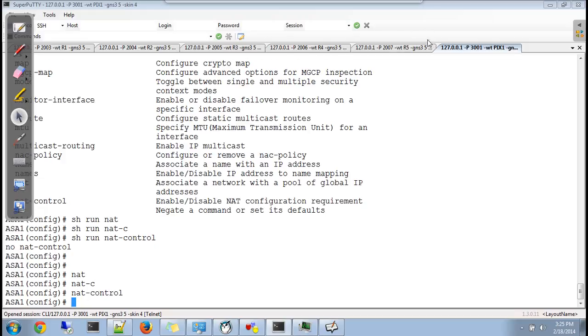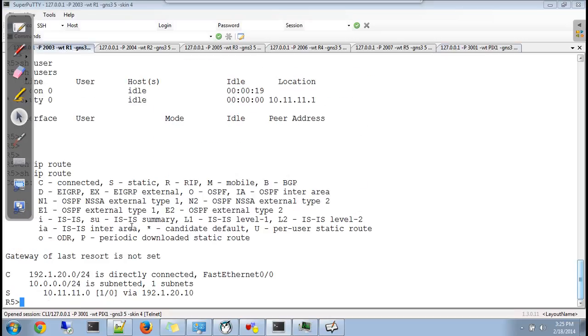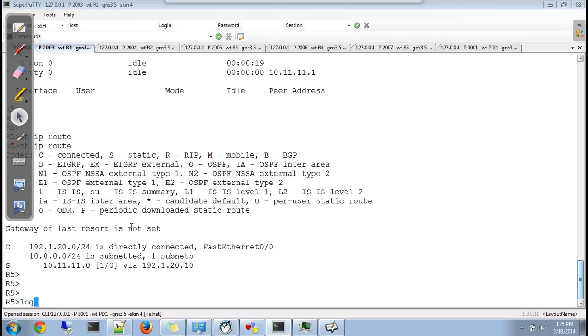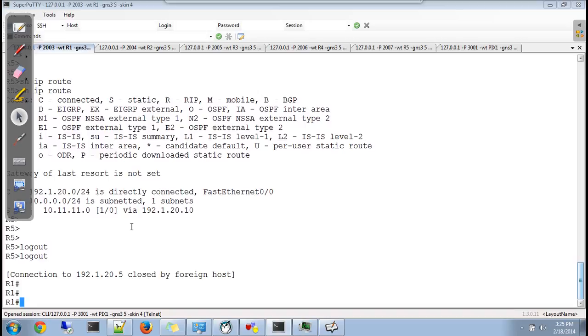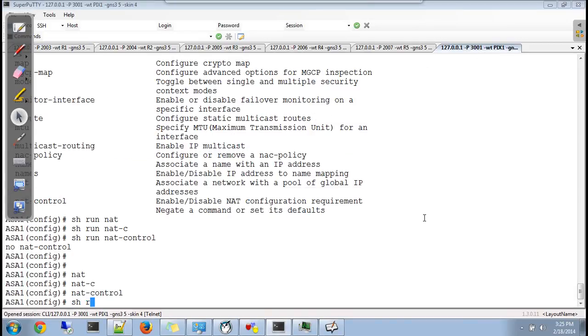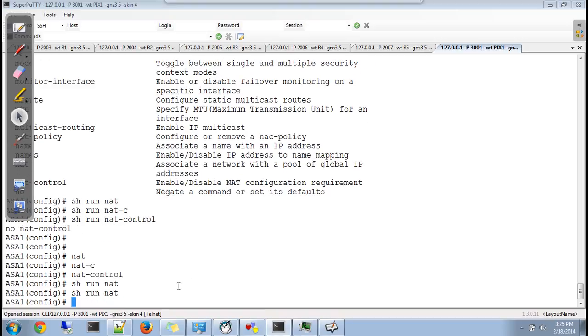Now my NAT control feature is enabled, isn't it? Yeah, it's on. So when it is enabled, it wants some rule in the translation table. Some NAT rule it needs. And as of now, there is no NAT rule. Check the firewall, I'll say show running NAT. There is no rule.